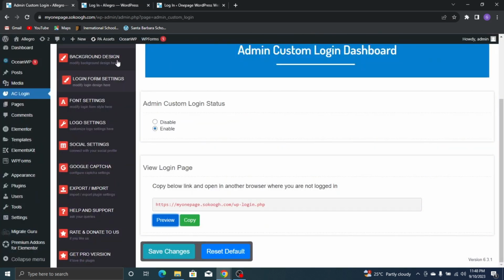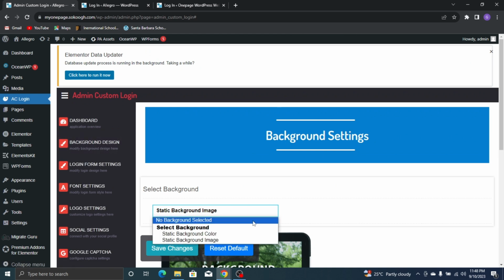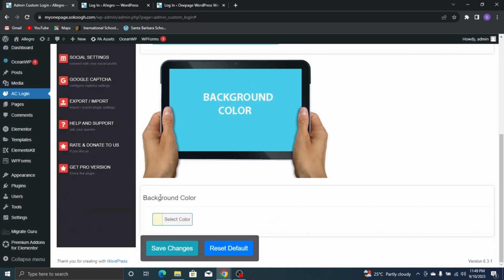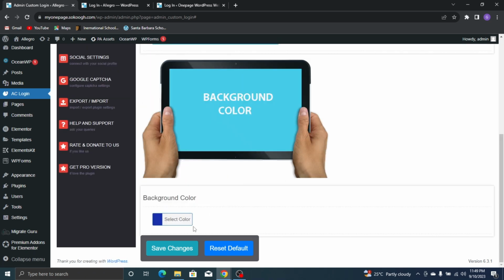So let's come back, let's go to background design first of all. Now for the background, there are two options for the free version. You can select a background color. Let me just show that to you real quick. Let's say I choose blue. So let's say blue is my background color. I just need to click on save changes,